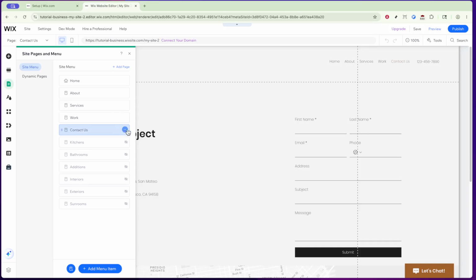At this point, Wix will automatically update the page name across your site. If the page name is visible in your site's navigation menu, it will reflect the new name there as well. And that's it. You've successfully renamed a page on Wix. It's a simple process, but it can make a big difference in how your site is presented to your audience. If you're managing multiple pages, repeating these steps will help keep your